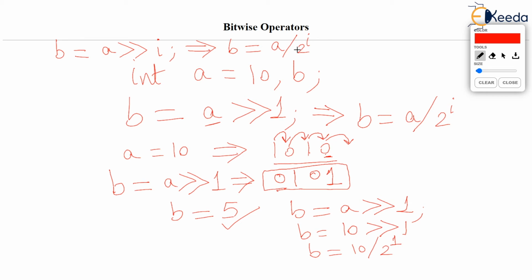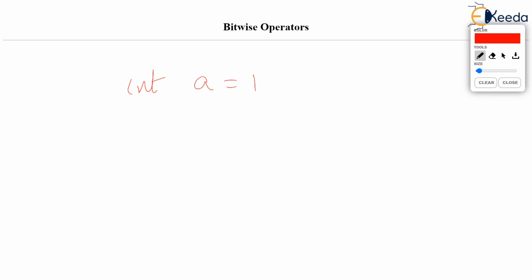Now let's see another operator called complement. Complement, as the name suggests, will work on bits of the number and make 0 as 1 and 1 as 0. Simple complement operator. For example, if I have int a equal to 10 and another variable b, and if I say b is equal to tilde a, this is the complement of a. Now observe that tilde is a unary operator. It works only on one operand. It takes this value a, and every bit of a is complemented,